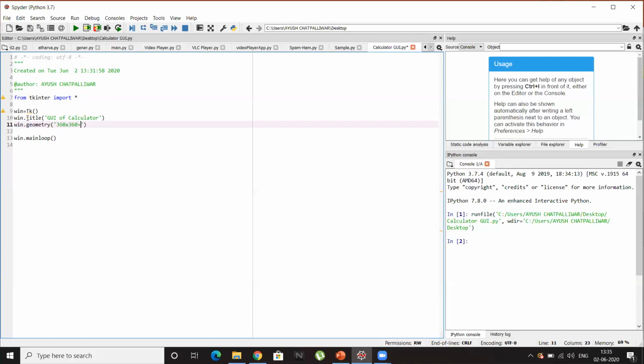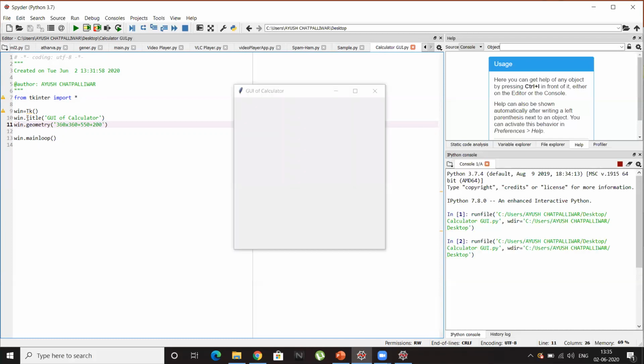I want it to appear in the center, so I'll give two more attributes in the form of plus, that is, plus 550 plus 200. Okay, let's check. Oh, sorry, it's plus 550 plus. Yes, let's run it. Oh yes, we have got it. GUI calculator, the heading is there, and I think the dimensions are also okay. Yes, everything is fine.